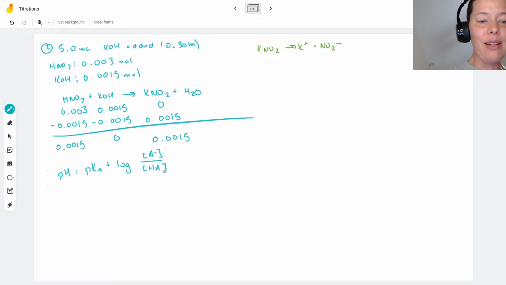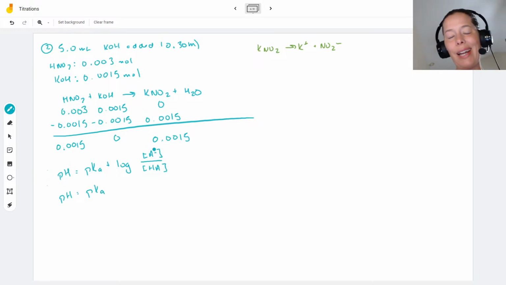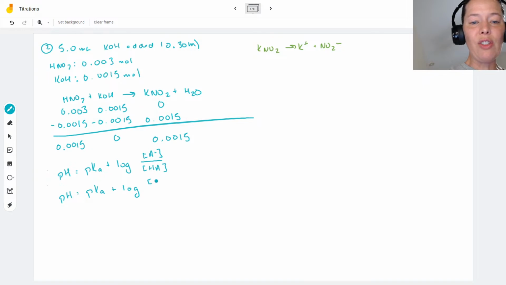That is a negative sign. So for my situation right here, my pH is going to equal my pKa of my nitrous acid, which I have. I'm going to have to go back to the previous page to find it. And I need my log of my concentration of nitrite